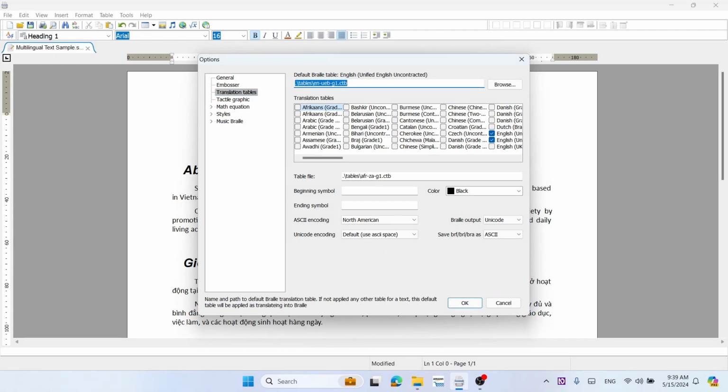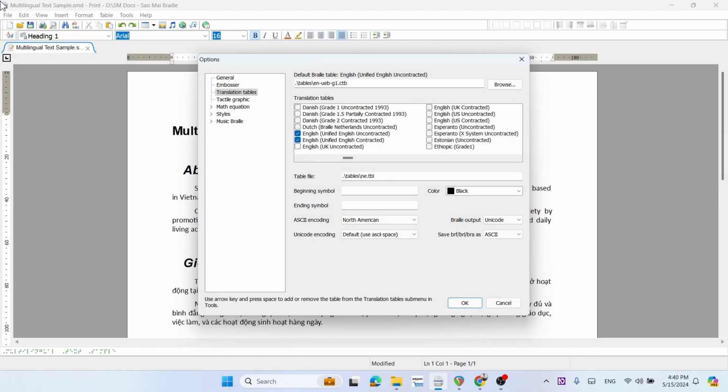Translation tables list. 4. Use the arrow keys or press N to quickly find the Norwegian Grade 2 Contracted. Norwegian Grade 2 Contracted checkbox not checked. 5. Press the spacebar to select. Space checked. 6. Tab to the